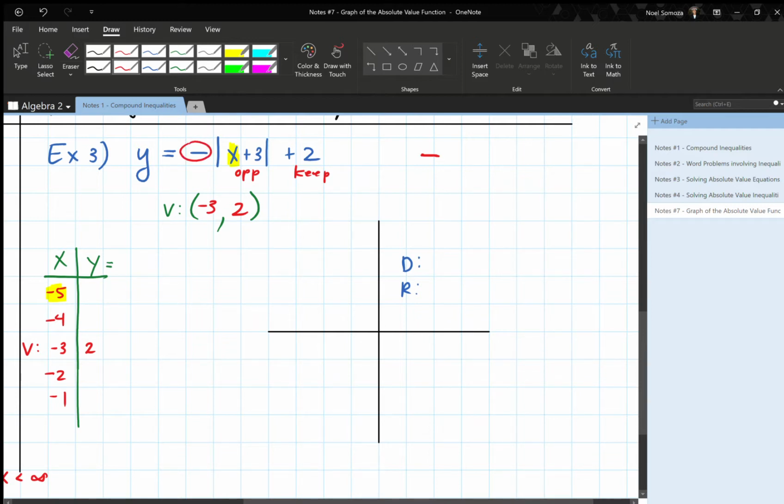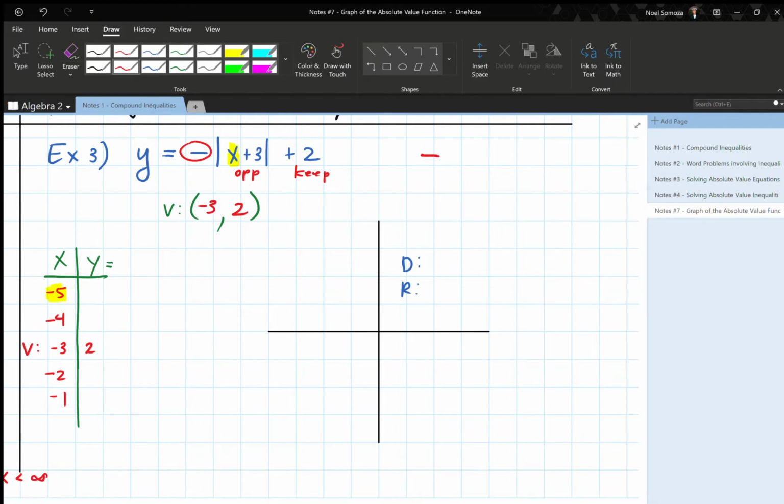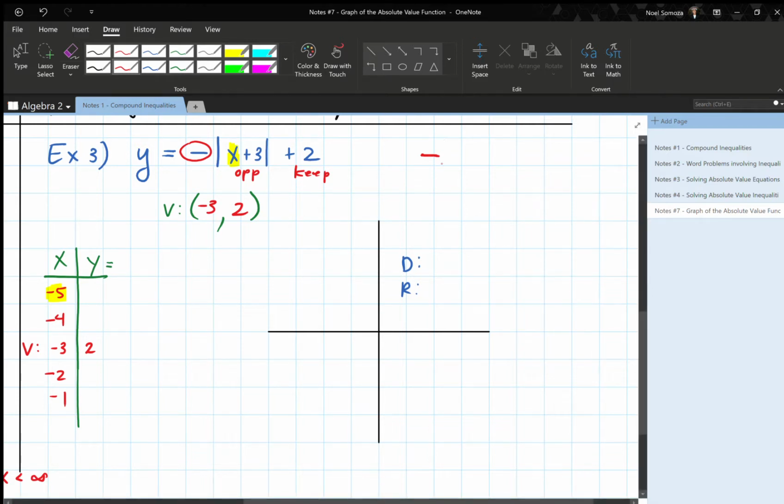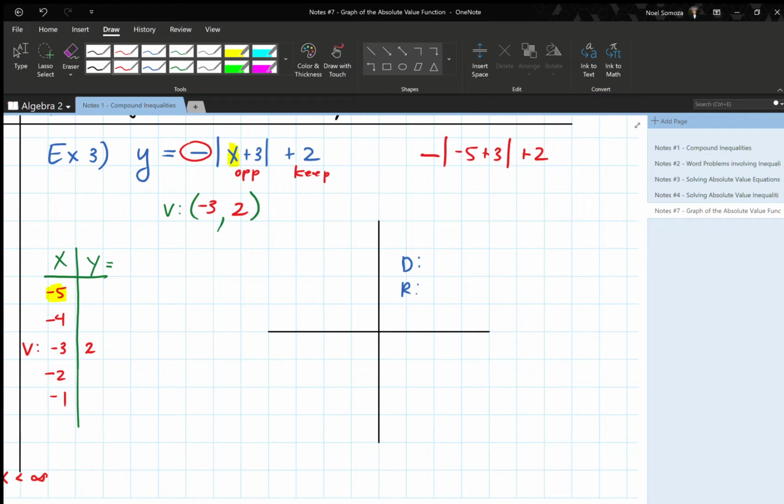That's what I copied over. Okay, so I need that negative. Don't forget it. Okay, copy it over. Then the absolute value of, I'm going to plug in -5 plus 3, and then I have a plus 2 on the outside. Okay, so going back to how we approach something like this, first of all, you never distribute the